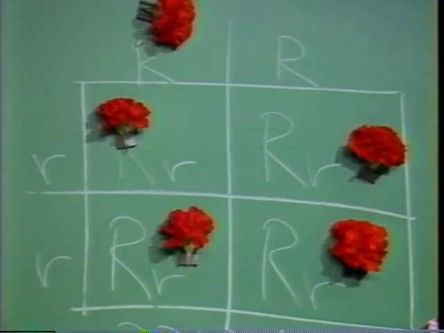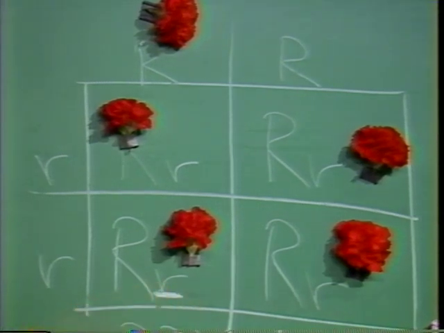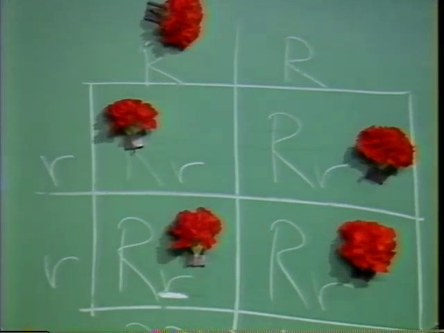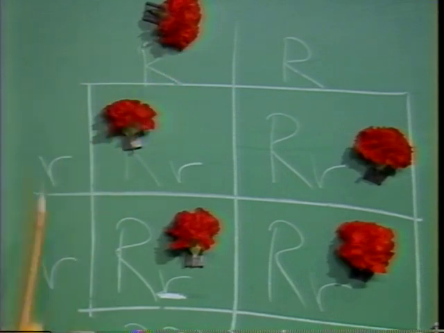What letter stands for white? The small r's. Right. Two small r's. You're right. So this information right here, the small r, is actually hidden, isn't it? Yes. Okay. Now, you understand it? Yes. Okay, so we crossed a pure dominant with a pure recessive, and we got all of